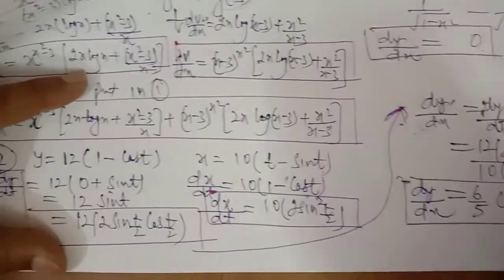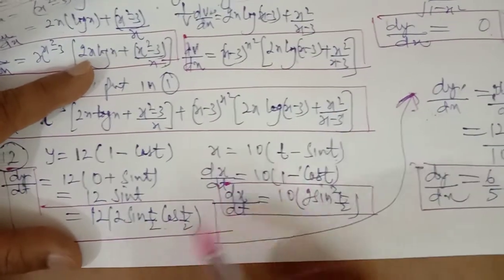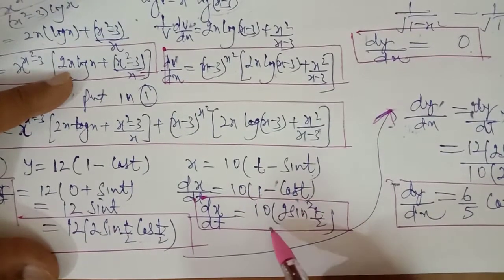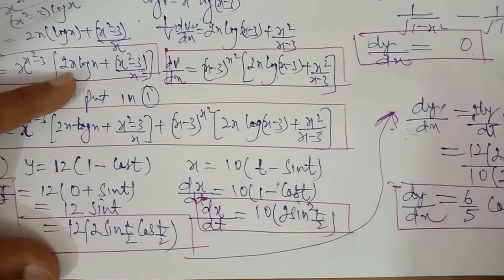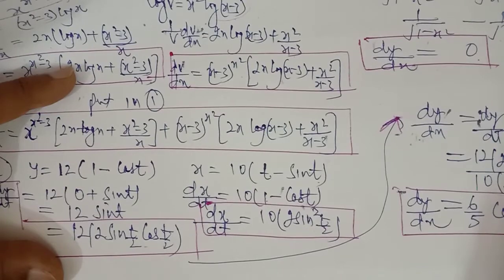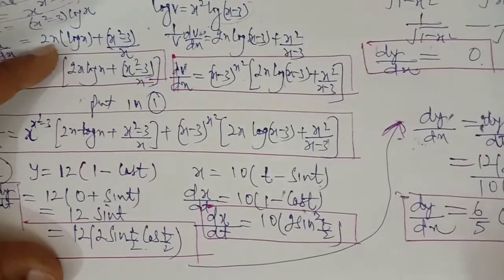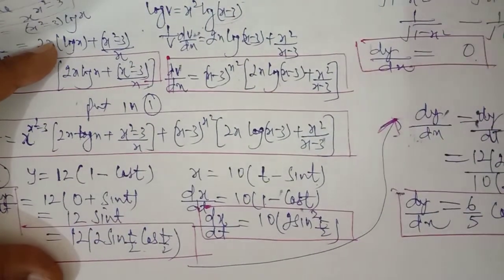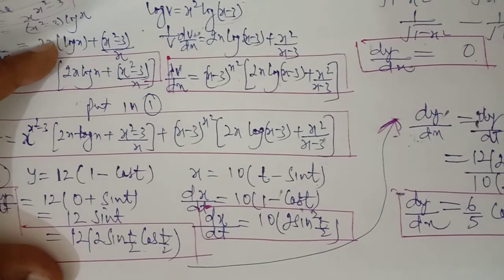We know that sine t is equal to 2 sine t by 2 cos t by 2. We know that 1 minus cos t is 2 sine square t by 2. So these are some questions up to question number 12 of this miscellaneous exercise. And question number 14 is very important. See it very carefully.